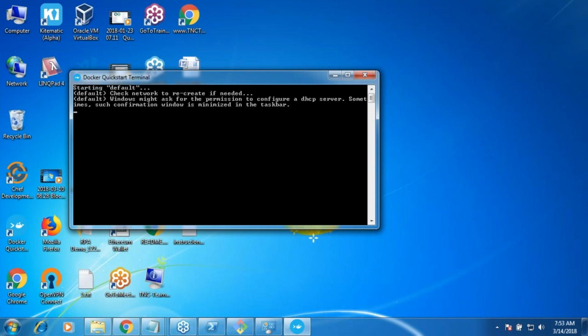Windows 7 lo, because Windows 7 Docker was not supported. So what it does is in the background it is actually creating a Linux machine. Once that Linux machine is up, this command will allow you to do something. Okay, so this is never used in production. Okay, this is only for your satisfaction.